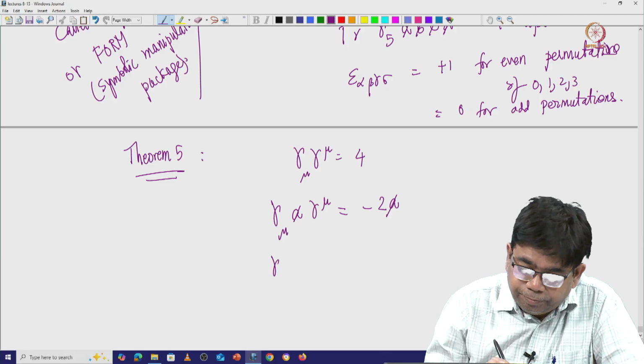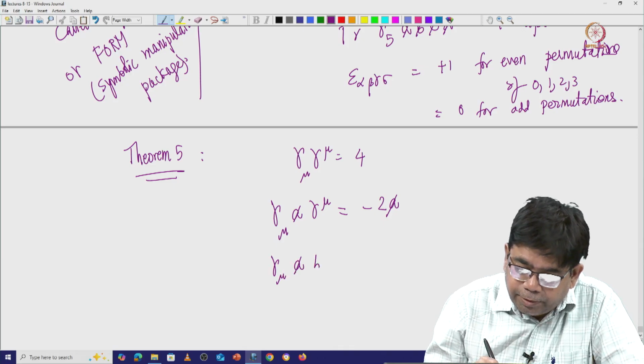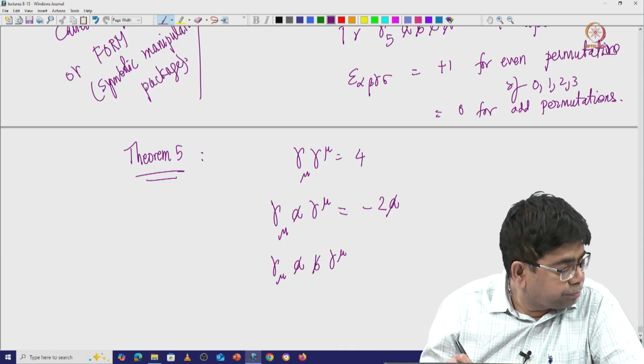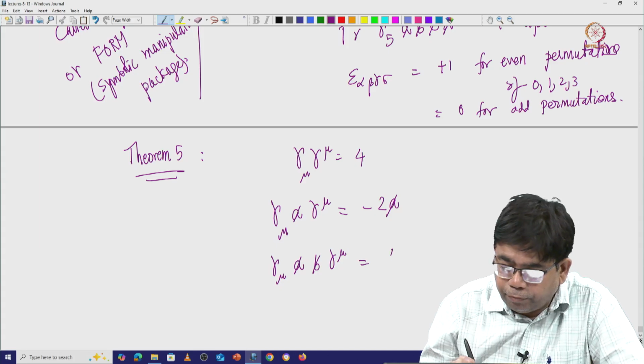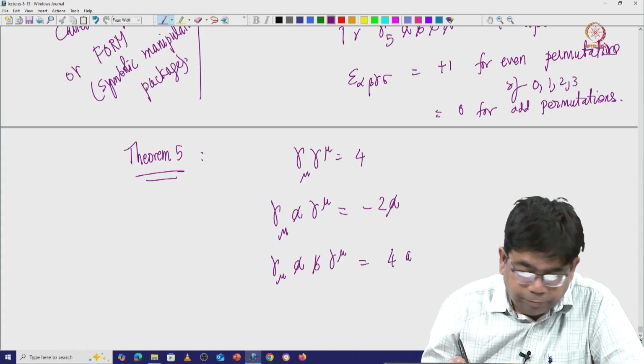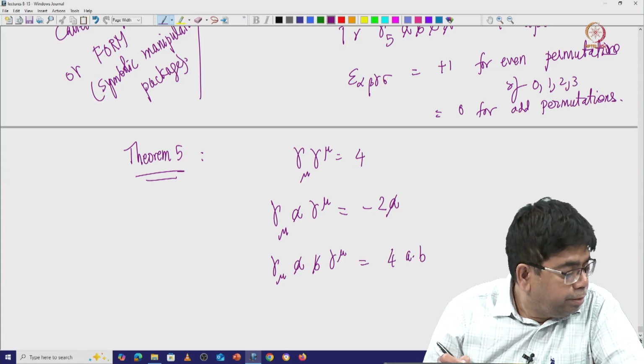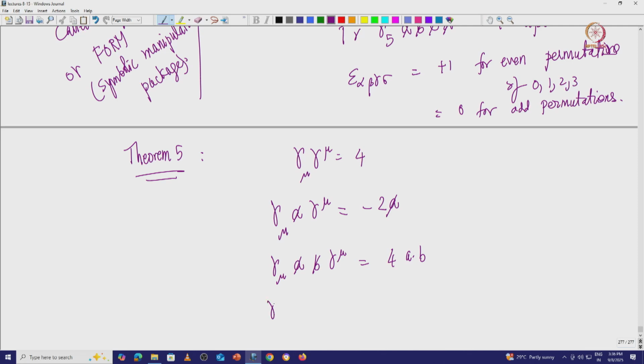Gamma mu a slash b slash gamma mu is equal to 4 a dot b. Gamma mu a slash b slash c slash gamma mu is equal to minus 2 c slash b slash a slash,